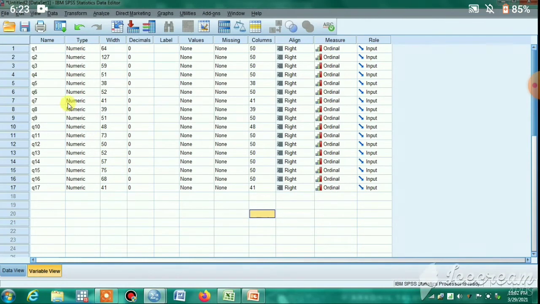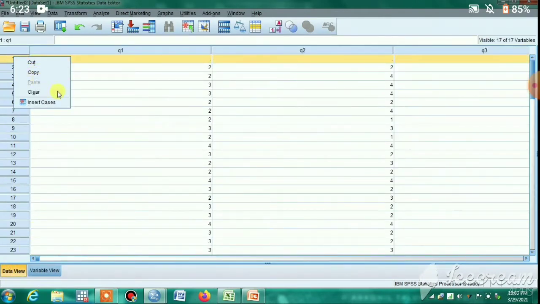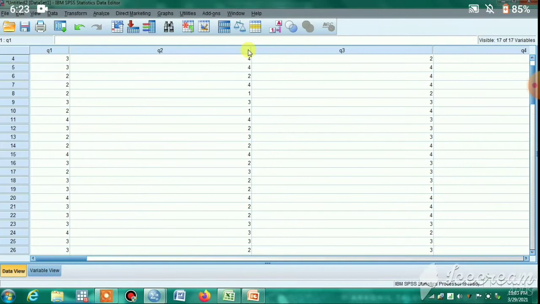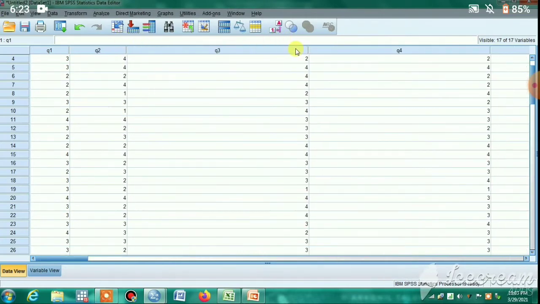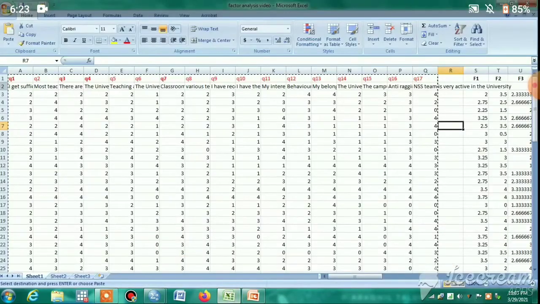In the SPSS software, it looks like this. This is the variable view. These are the variables, and we have to reduce this size by clicking and dragging. But before that, in the Excel file it looks like this. You have to write it horizontally. These are the questions, the names of the questions, and you have to collect in this way from each respondent. These are the answers from each respondent.